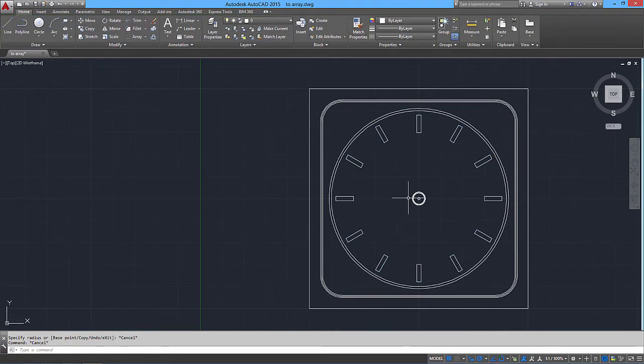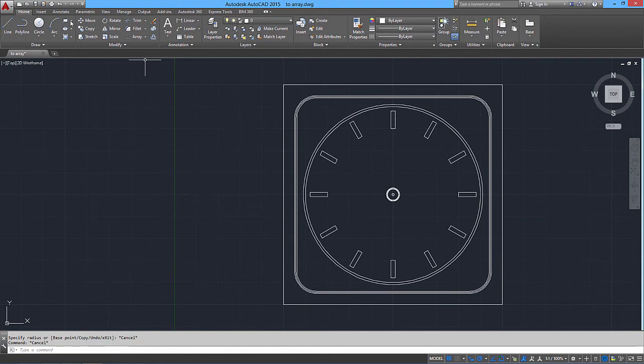Now we're going to put in the hands, and we've got a minute hand and an hour hand, and they are located on the W drive in the AutoCAD support folder in the student EC section, and AutoCAD blocks, and then you've got hour hand and minute hand. Okay, so go to the insert option, either on the home tab, you've got the insert panel, sorry, the block